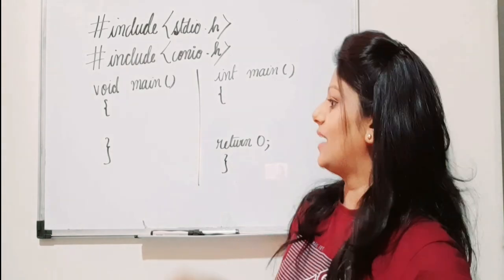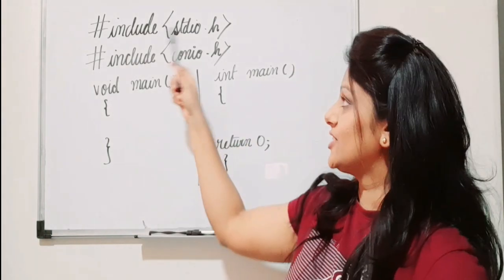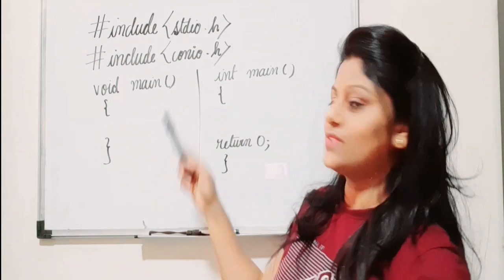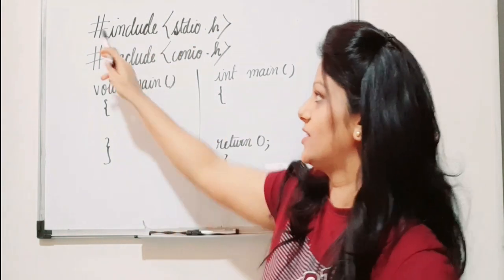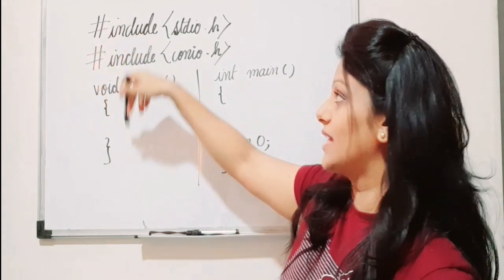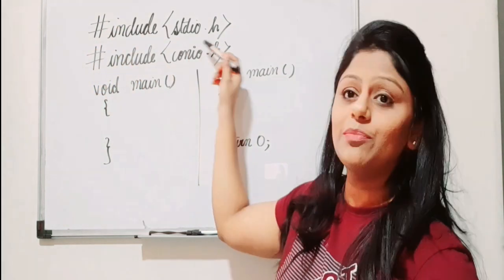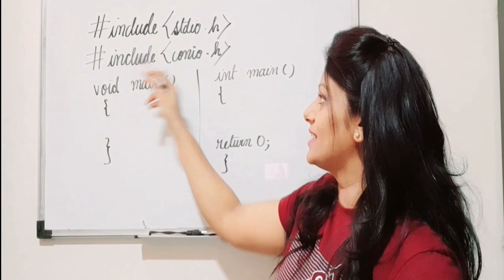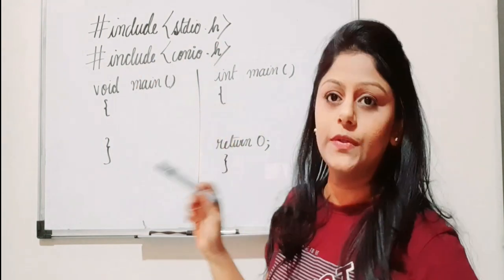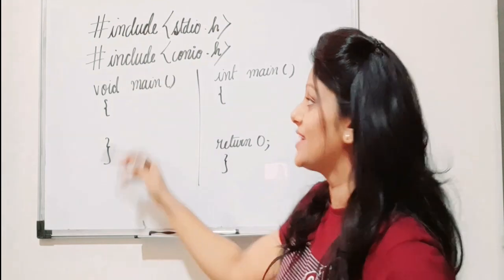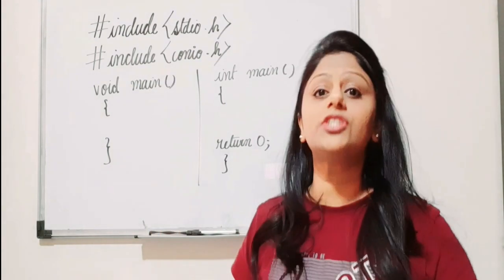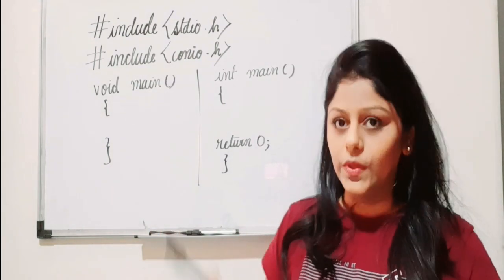Friends, we know that our syntax is hash include stdio.h. That is, first we'll include both the header files, correct? So this is what the preprocessor will tell the compiler to include the standard input output header file, and in this case it will tell the compiler to include the console input output header file. So after including these two header files, the function within which all the executable lines will come is